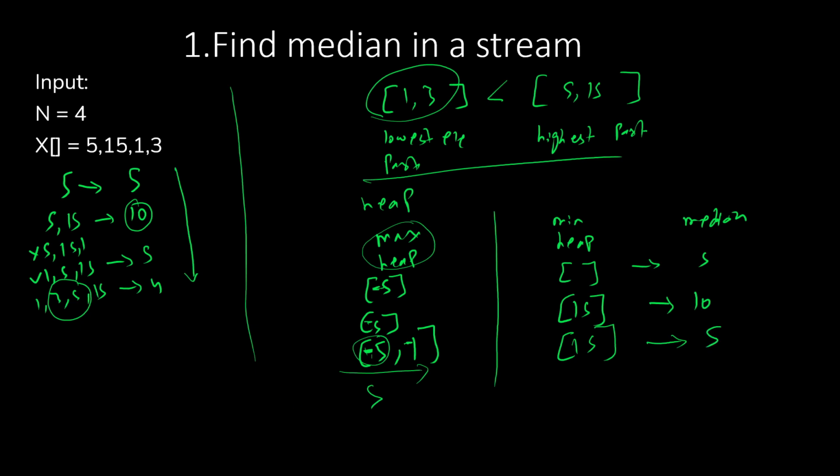So next we have element 3 being entered. Now we already have minus 5, minus 1 in this one. Now you may think we have to enter 3 on the right side, but entering 3 on the right side may equal this, but it will give us a wrong output. We want the lowest elements on the left side and the max elements on the right side. So we'll compare: is 3 smaller than 5? Yes, it is smaller. Then we will enter it directly into this, minus 5, minus 1, and